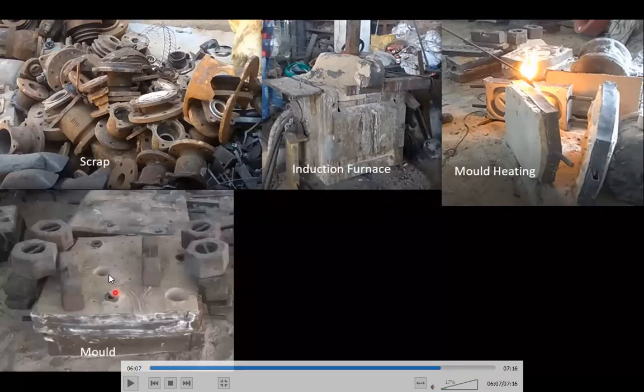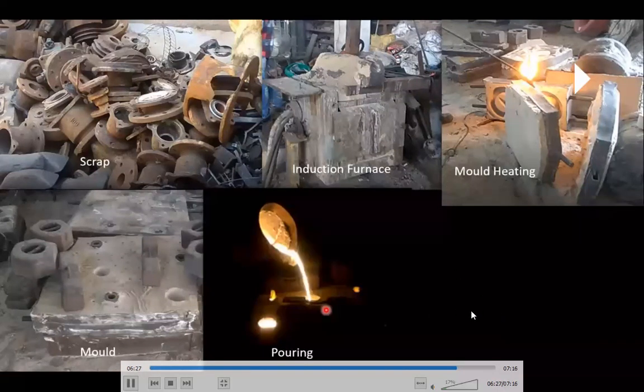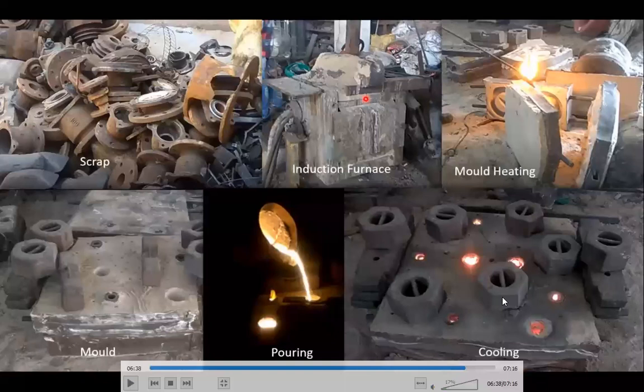After that you have a sprue and a riser for each mold. From this the molten metal is poured. So this is how they pour the molten metal. It explains that it starts cooling.